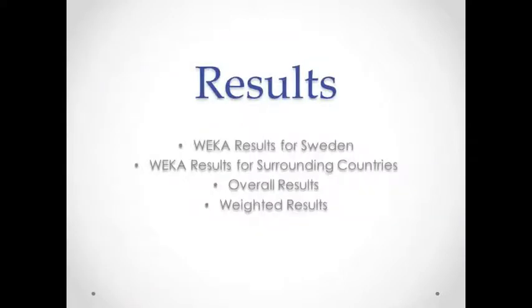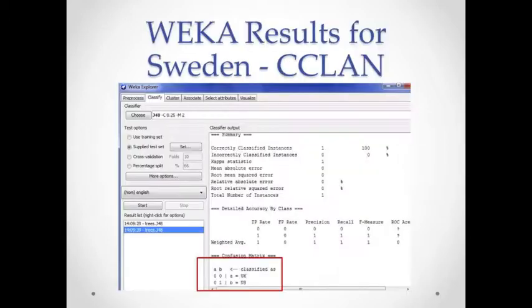In this next section we'll be looking at the Weka results for Sweden, the Weka results for the surrounding countries in a little less detail, and then a look at the overall results and the weighted results. This first result set for Sweden was with the color center, labor, aluminium and neighbor set of data. As you can see in the red box, Weka classified this as indicative of US English, which is in agreement